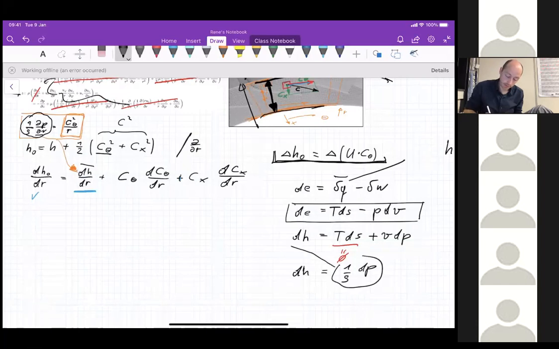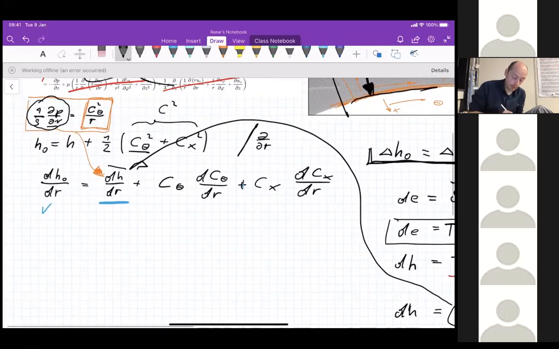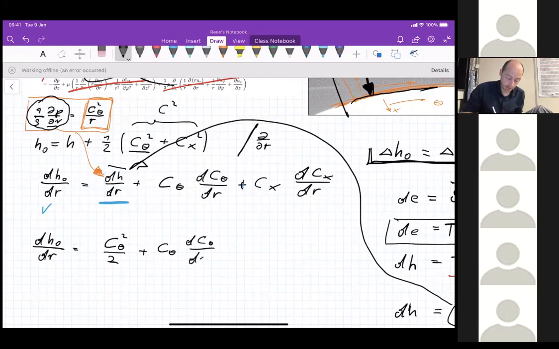I hope you see it. And what happens if I do that? I get an equation for total enthalpy: dH/dr equals, I think it's C theta squared over r, there's no rho, plus C theta dC theta/dr plus Cx dCx